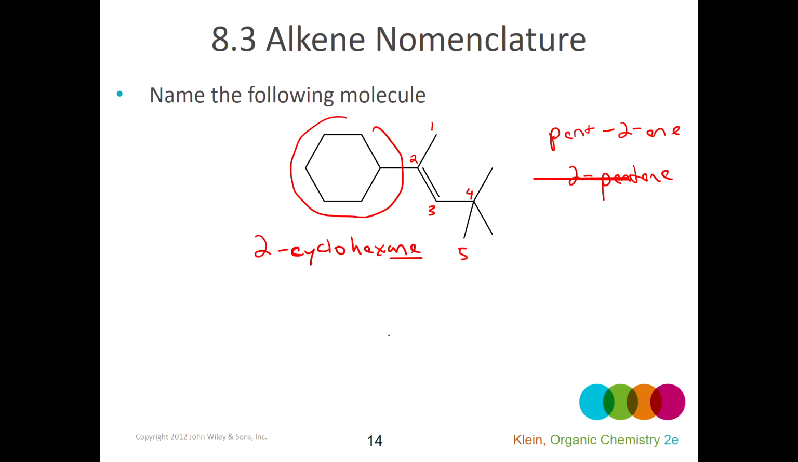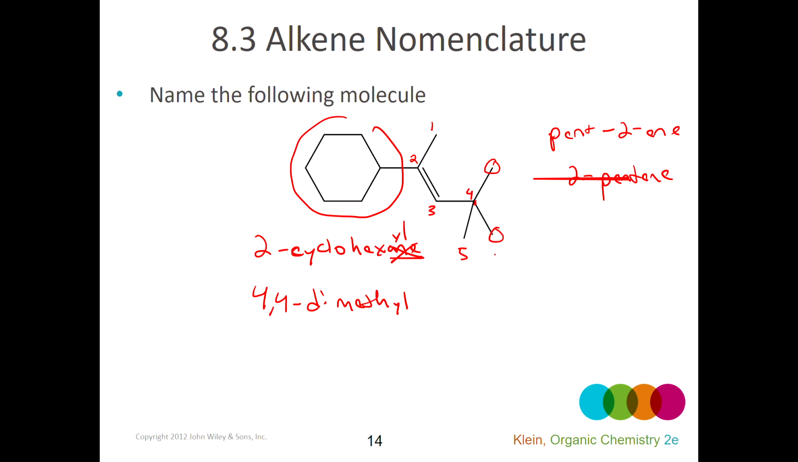It's not cyclohexane because it's not my parent chain. Only the parent chain will have the ane or ene, or when we start talking about triple bonds, yne suffix. But it's a substituent, so it takes a yl suffix. So I've got 2-cyclohexyl as my one substituent that's on carbon 2, and then I've got 2 methyl groups that are both connected to carbon 4. So I need a number for both, and the prefix to indicate that there are 2 of them,